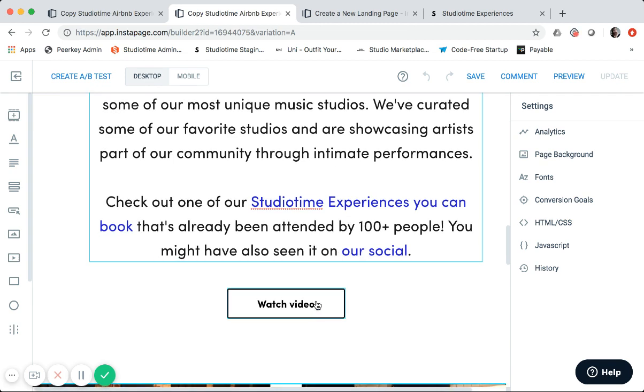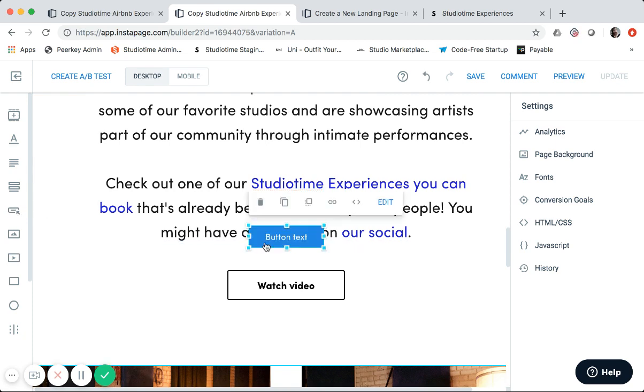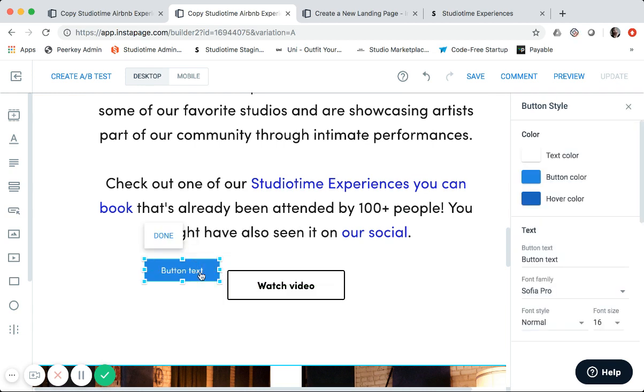And then right here, we just have a button. If I wanted to make another button, I would go down over here to the left and hover on button, and you can see it drops a button in right here. Then I could edit that to match the same style. We're not going to do that; we're just going to delete that,